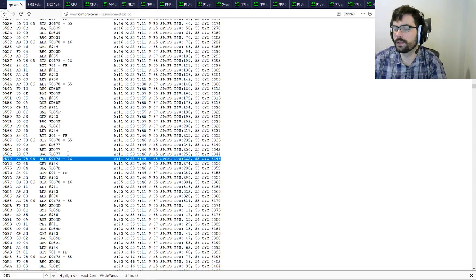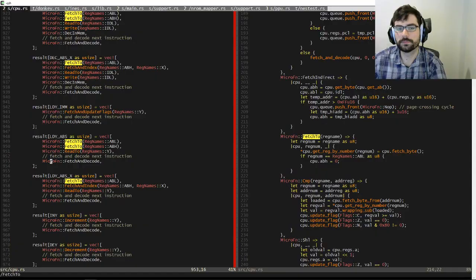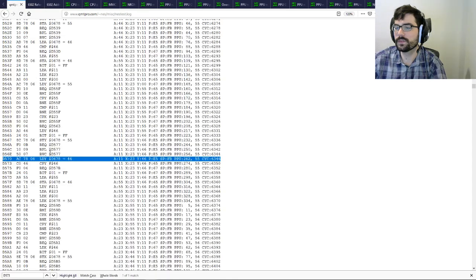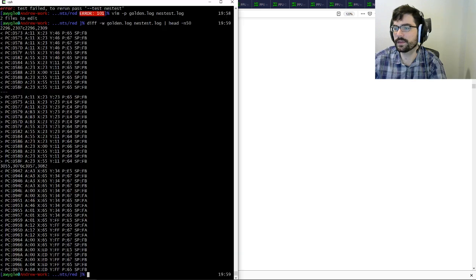Although it's probably the... Right? 573 means that it's this load Y absolute. And it's supposed to load 46, I guess. But it is instead loading 23, which is what is in X.